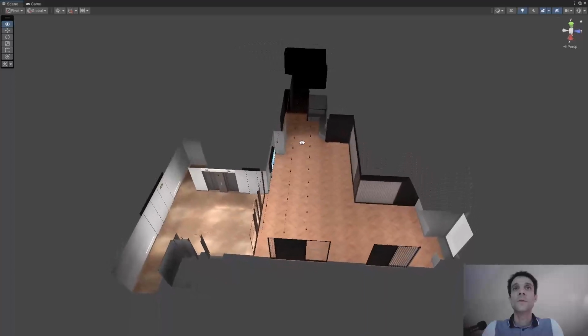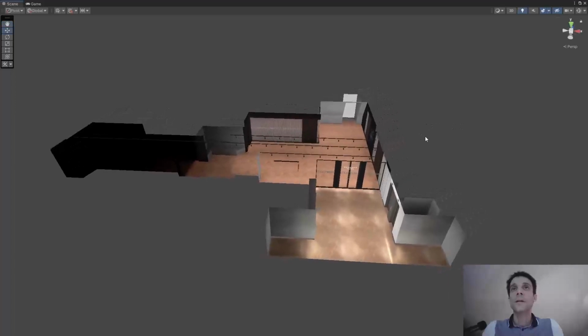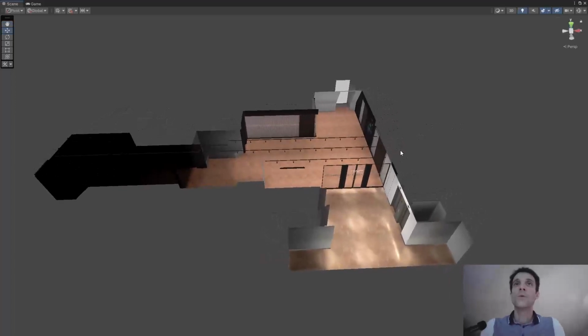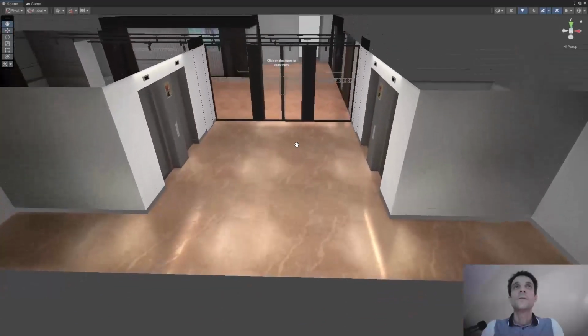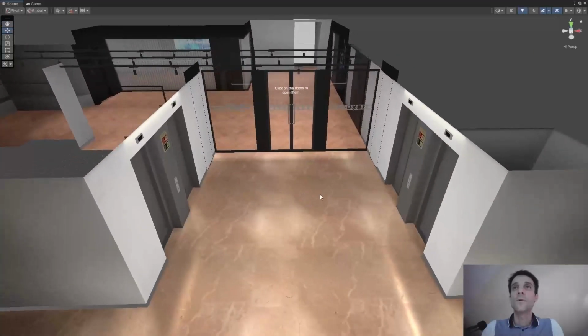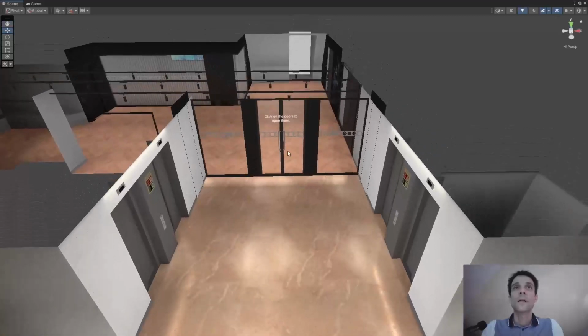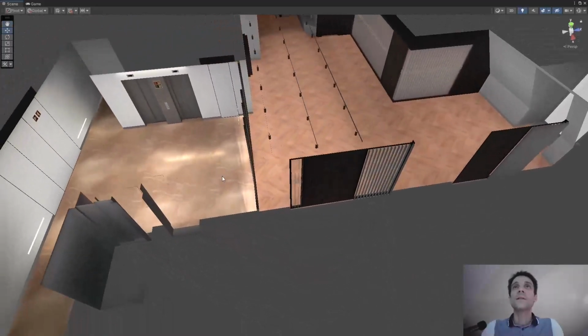and now we can clearly see that we have a lot of color and materials and textures and also lighting already applied and set up for both these spaces, the hall and the foyer. So let's have just a quick zoom in here, have a look at the hall. So we have the floor here, we have the elevators, we have a couple of doors here that the user will be able to click on. This message here clearly states to click on the doors to open them in order to access the foyer here,